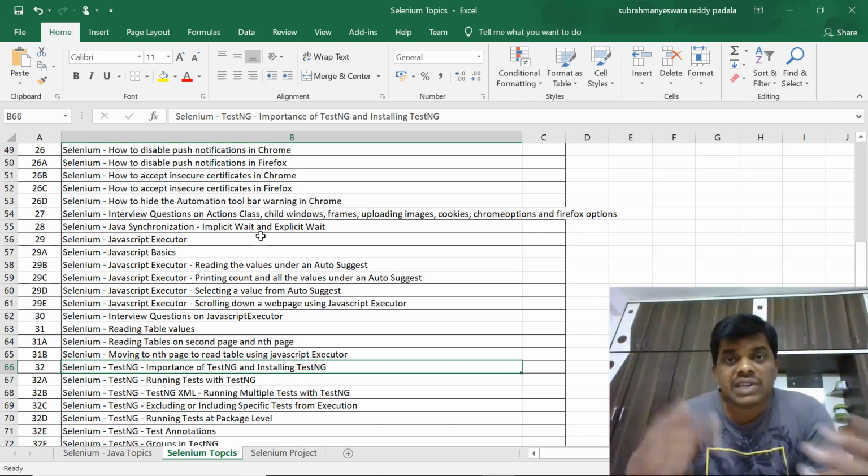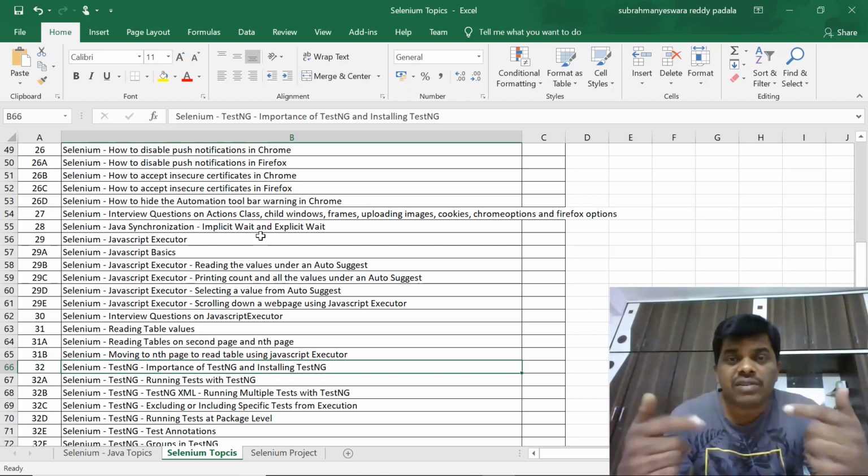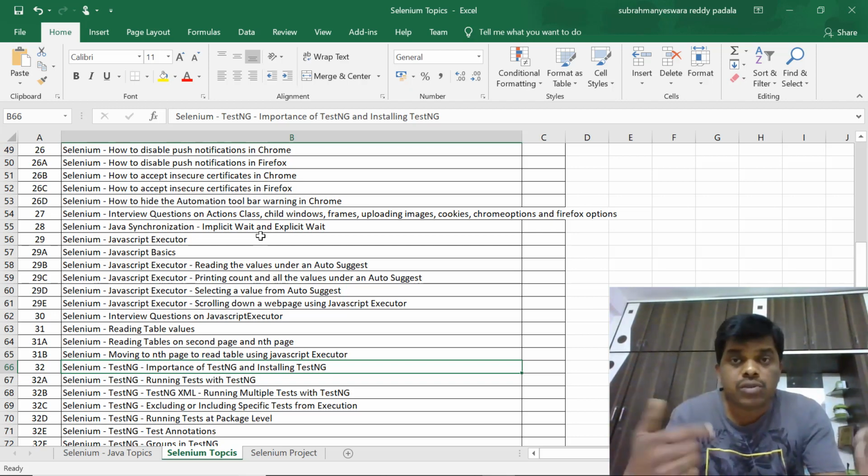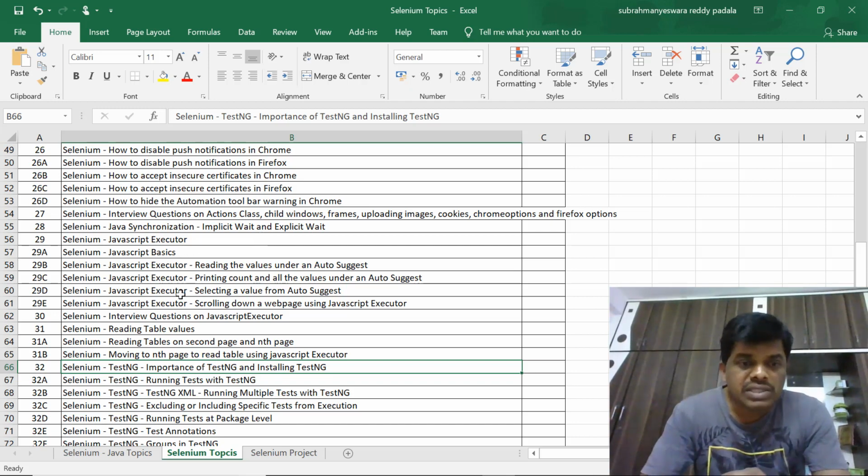But using TestNG, you can run all the scripts one by one. You don't need to manually start and execute the scripts one by one. TestNG will take care of that, and it also produces some very good reports, and we can do a lot of things using TestNG. So once TestNG is done, then